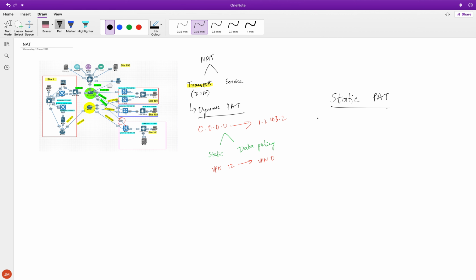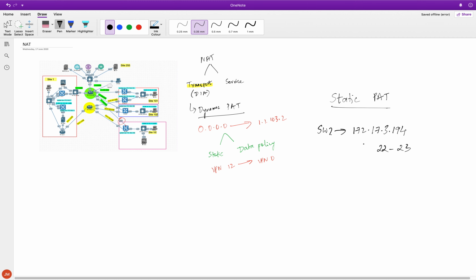The actual use case here is the switch 2, which we were seeing earlier, right? We want to translate this address, 172.17.3.194. This is the switch 2 address, right? And let's take port numbers 22 to 23. Both of these ports we obviously want to translate, so static PAT and dynamic PAT, that's a